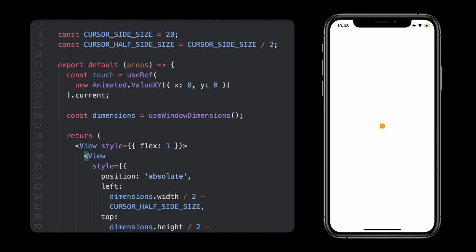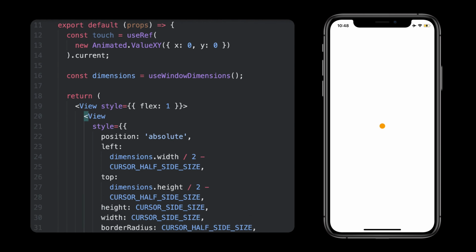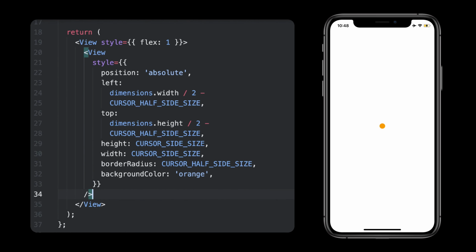When the value is updated, it should also be reflected in the cursor view position. Also, before we continue, I want to say that if you don't get this the first time, it's normal. The way we handle gestures follows a method that might be new to you, but the good thing is that it is often the same pattern we put in place. Don't hesitate to come back to this video to make sure it's clear in your mind.